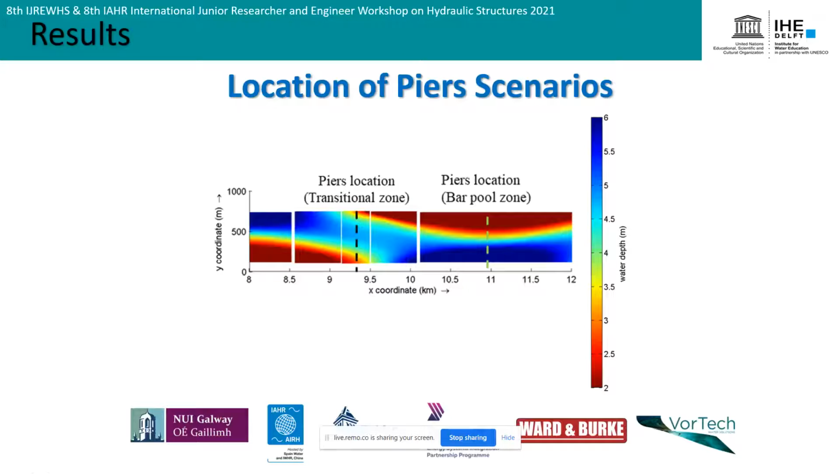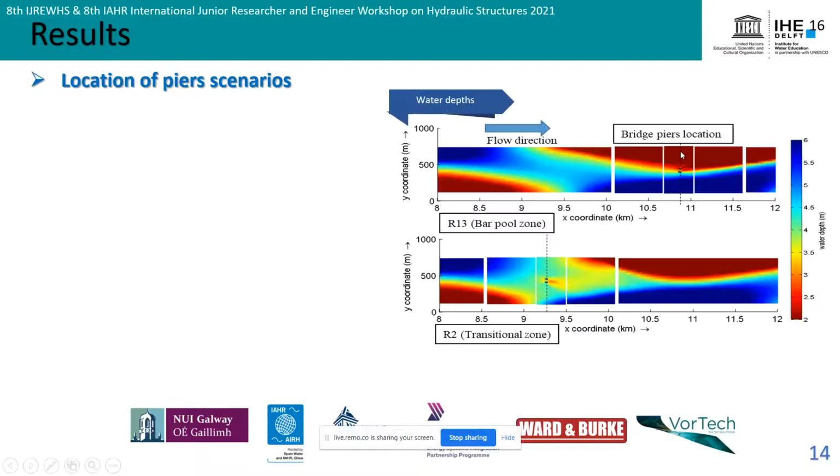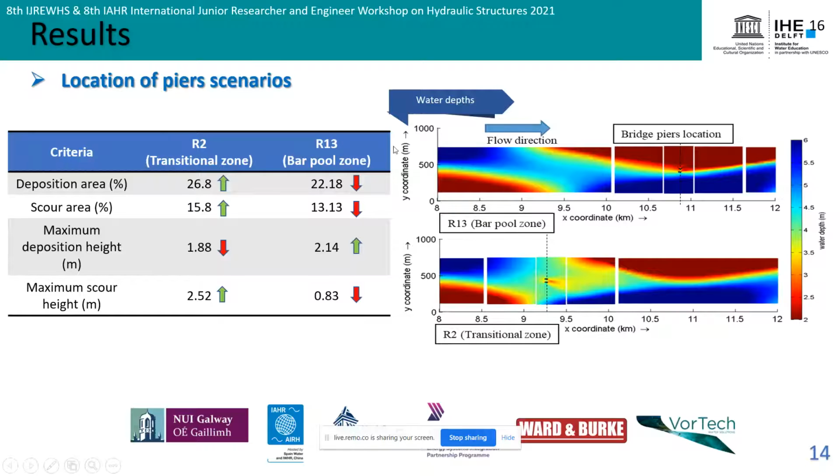Then the third set of scenarios is the location of piers. We have two locations, one in the transitional zone and one in the bar pool zone. From the results here we can see that the impact of installing bridge piers in the transitional zone between two alternate bars is larger than the impact of installing bridge piers in the bar pool zone, and that's because in the bar pool zone